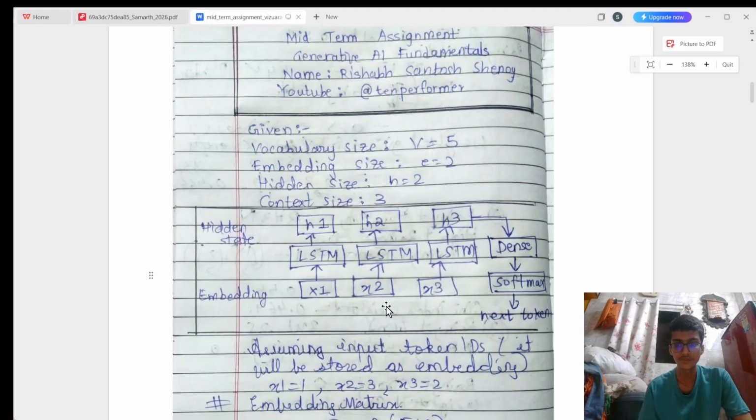So, what is next word prediction? Next word prediction is a language modeling task where, given a sequence of words, the model will predict the most probable next word. Remember, this is probabilistic in nature and not deterministic. Here, as you can see, there are the embeddings which have been used along with the hidden layers. We'll go into that in detail, but the next token at the end is being predicted with the use of the embeddings, which are, you can say, an input to this LSTM